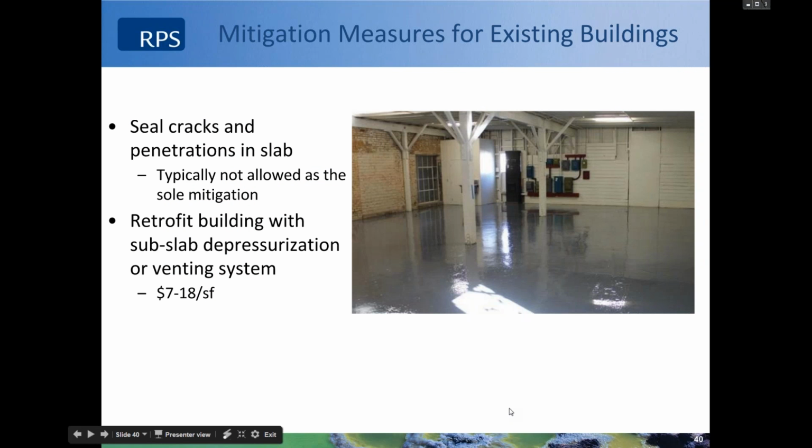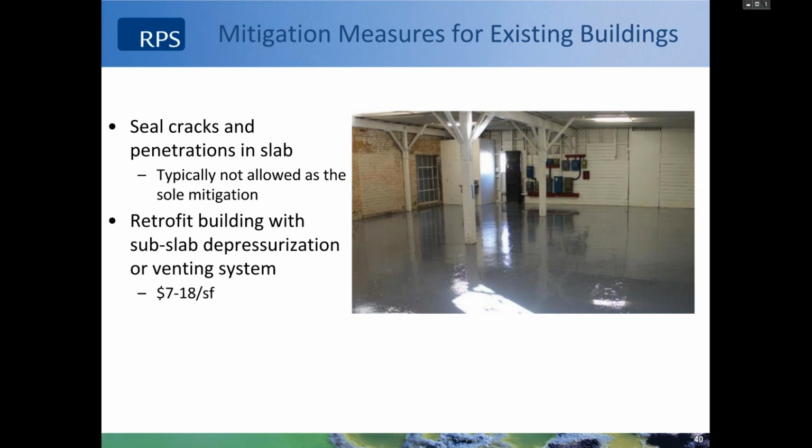Okay, so let's say you have an existing building, so you can't dig up the contamination from underneath it. What can you do about that? There's a range of options. We'll just mention a couple of them here. Something very minimalist is what we're showing here on the right. This shiny floor is like a top coating. It's a sealant that was applied to the top of the concrete slab to prevent vapors from coming through the